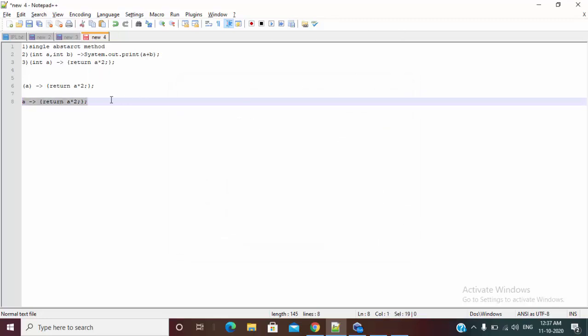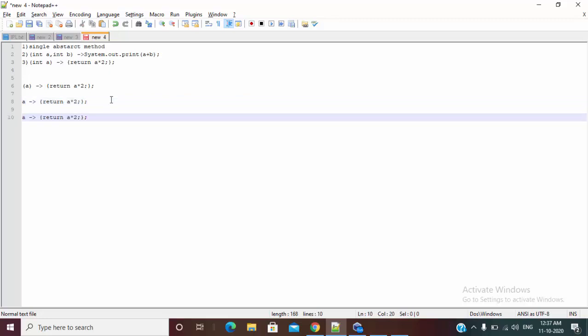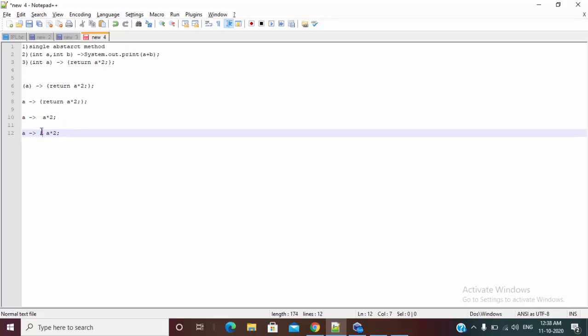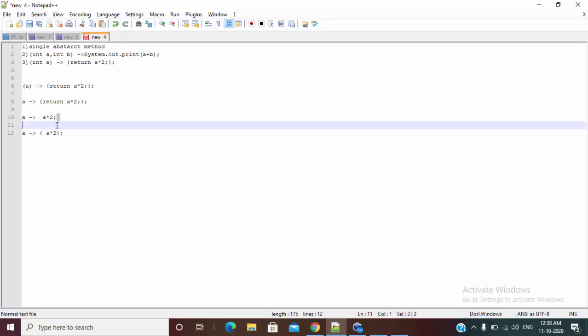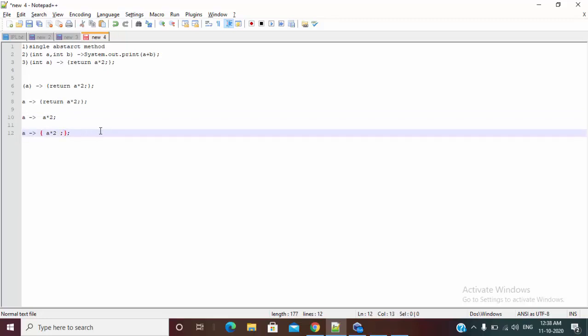And if there is a single line, you can remove the parenthesis, but there is only one condition. If the parenthesis is removed, then return is also removed. Okay, so this is also a valid lambda expression. But if you want to use parenthesis like this, then this is not a valid lambda expression. If you want to use this parenthesis, then return must be there.